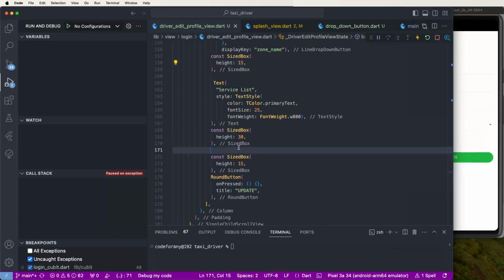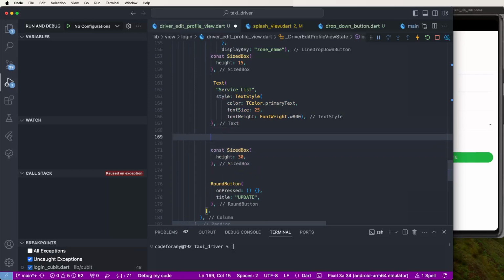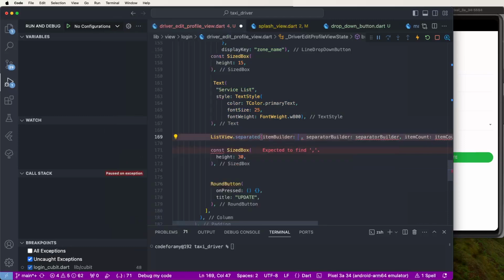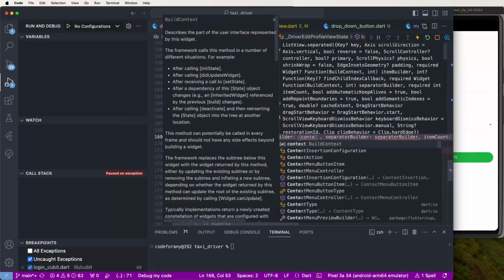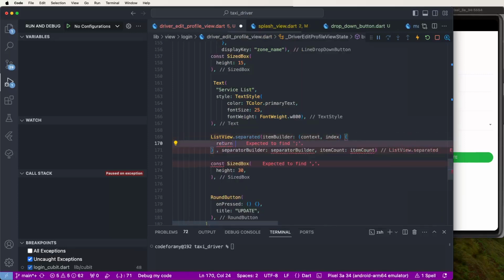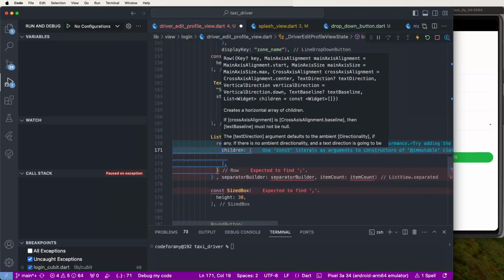Now need to call this here to here the list operators index return row returns. Now need to get this